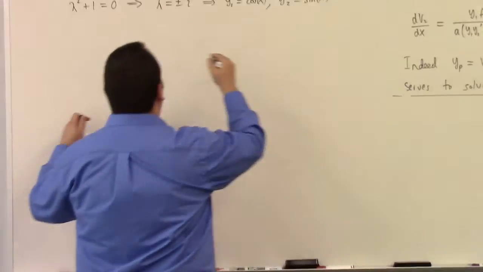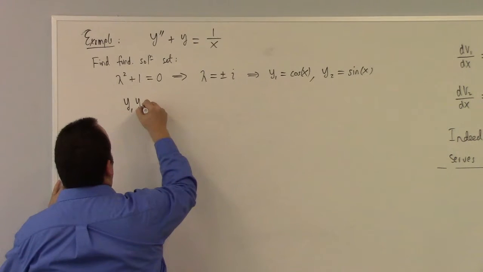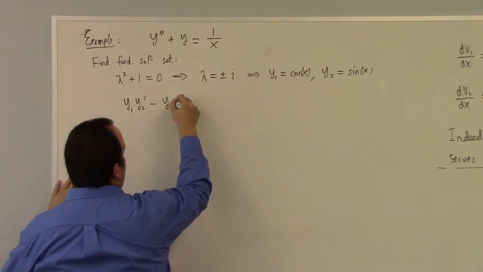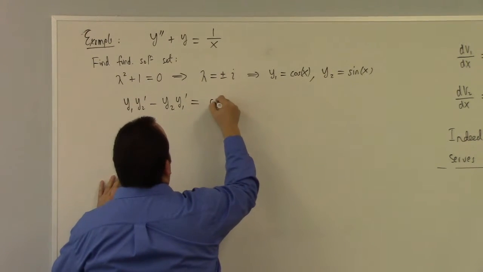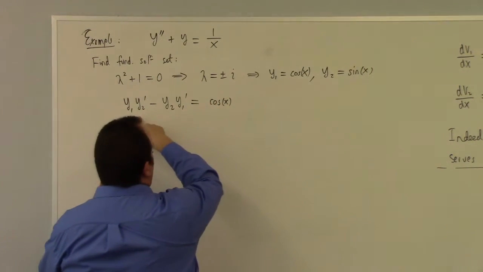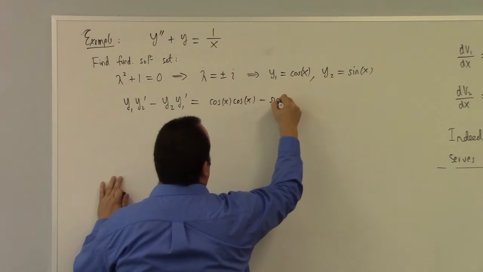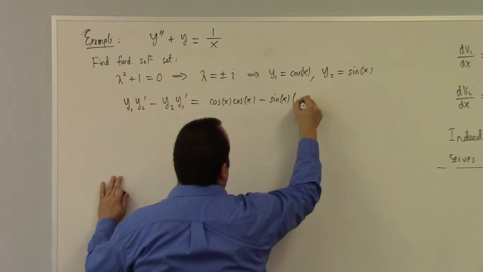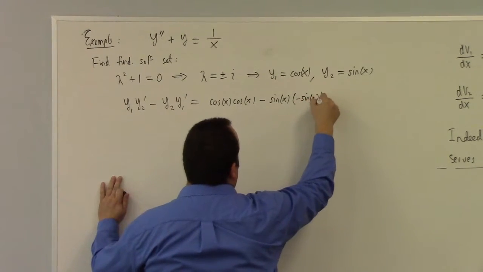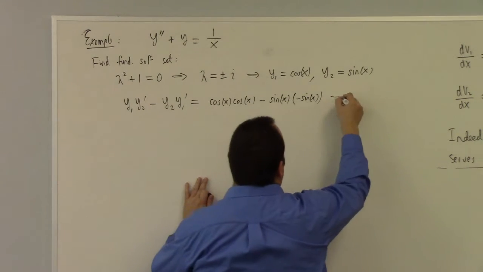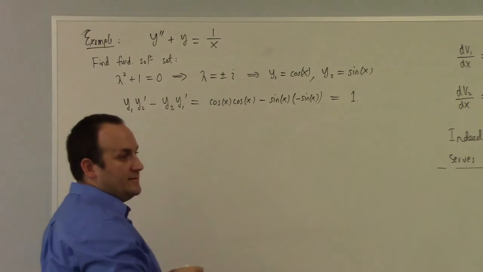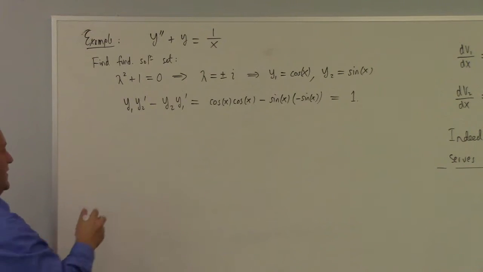So anyway, my point is to use equation 10 properly, calculate the Wronskian first. What is the Wronskian here? y1 y2' minus y2 y1', which is what? Cosine of x times the derivative of sine, which is cosine of x, minus y2, sine of x, times what's the derivative of cosine x? Derivative of cosine? Minus sine, right? Hey, awesome. This is 1, because you get sine squared plus cosine squared, right? So, hence,